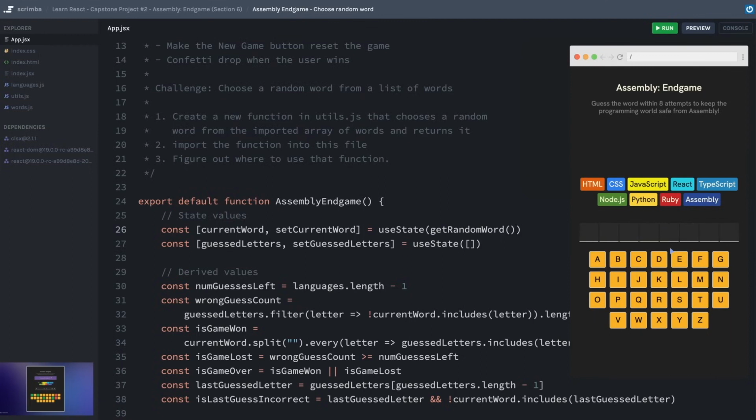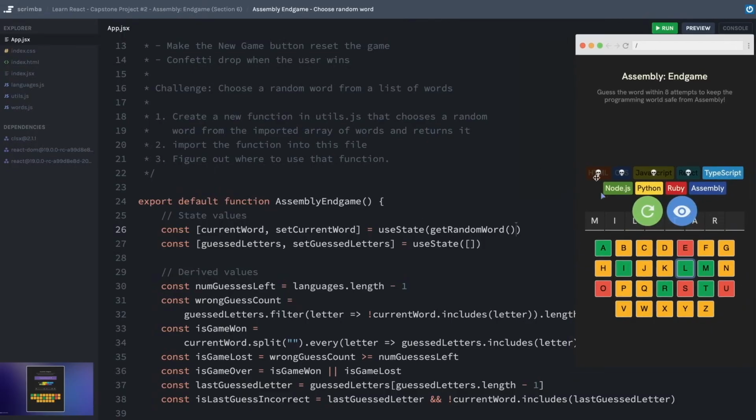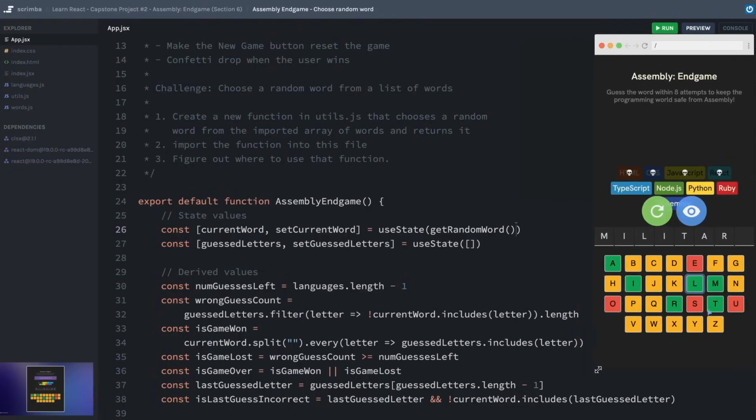We'll hit save. And look at that, we no longer have a 5-letter word here. This is a long one. This is 8 letters. Let's see. Usually longer words in Hangman are a little bit easier, but I'm not doing very well here. That's why there's two I's. Sorry, HTML, CSS, and JavaScript, we have already lost you. Let's see, what could this be? I think this is military. Sure enough. All right, well, we're still left with TypeScript, Node, Python, and Ruby, so we did pretty good.